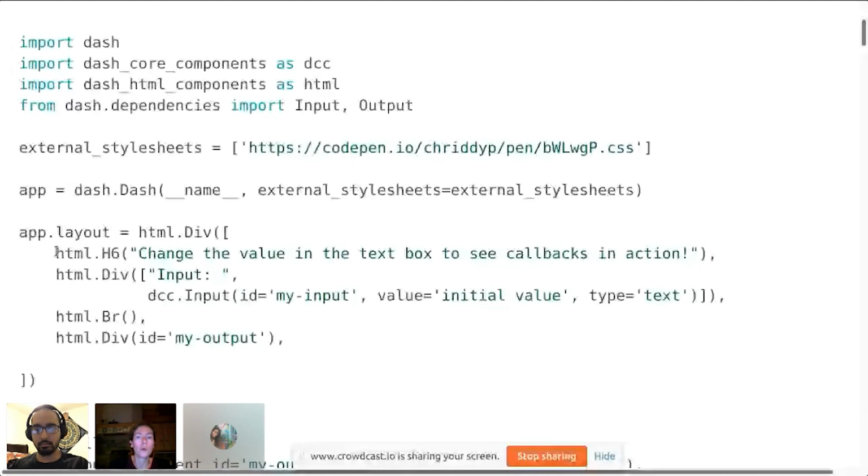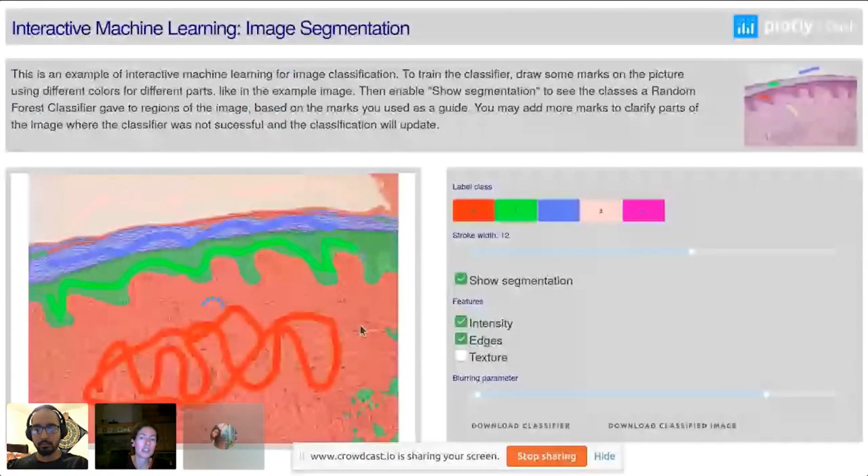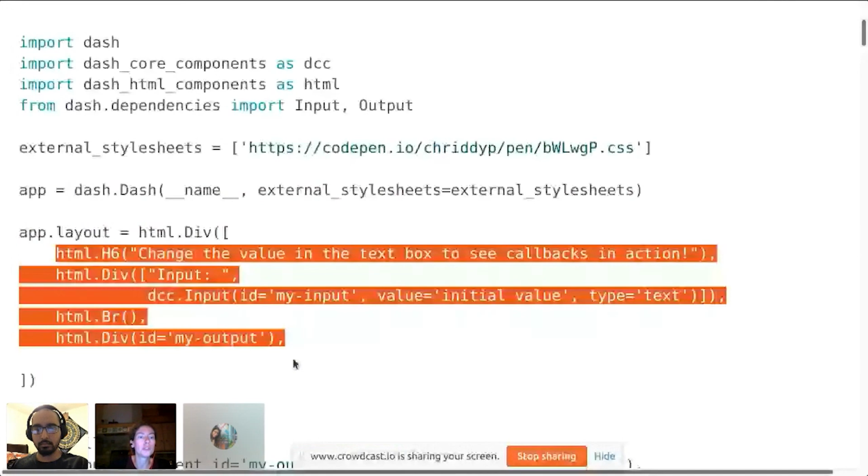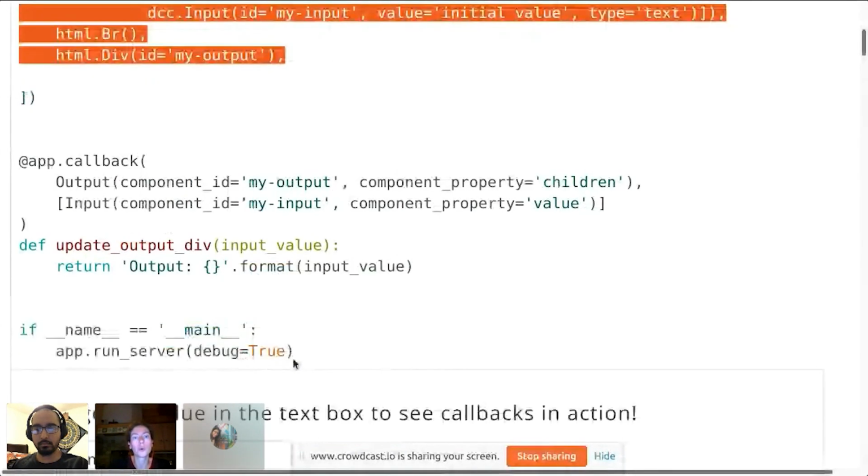All the different elements in the UI, the sliders, the checklist, and so on, would be one line of a definition. After that you define callbacks, which are functions called when one of your components was changed, to say what should be done to the other components. So it's a very modular framework, and you can use it to build quite powerful apps, because in your callbacks